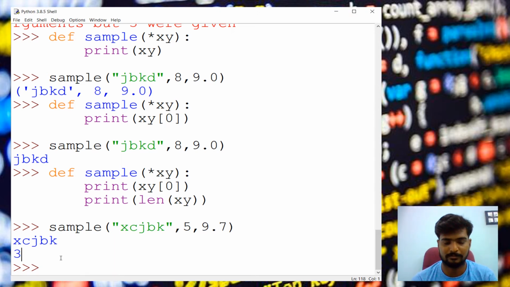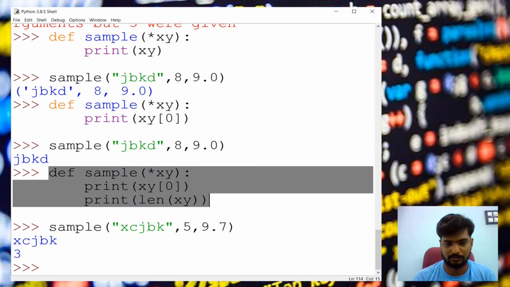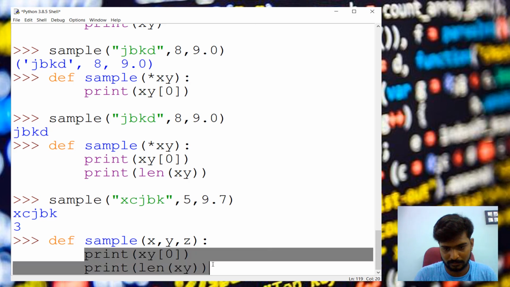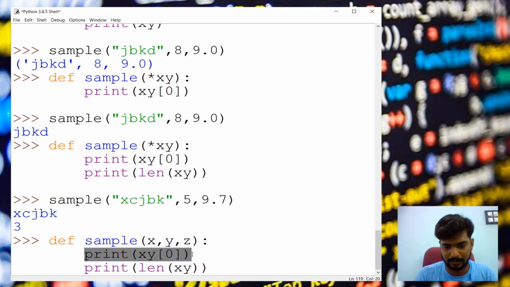Now let's see some functions with key value pairs. Okay, key value is like so we can use this. We have to remove this and give some x, y, z. It can be different, or else we can remove this.